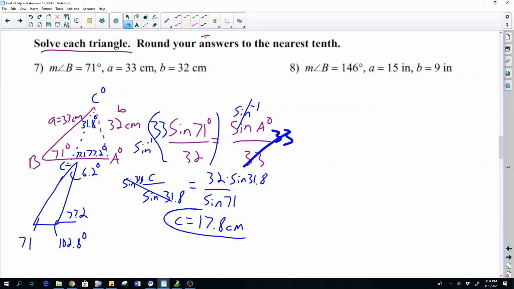So here we go. We're going to make this worth lots of points to make sure you do it. And so we make each one of these parts a point. So here's 1 point. Awesome. So here's another point that we found right here. So there's 2 points. We found angle A, 77.2. That's 3 points. We found this angle, 4 points. That many? Yes, find them all. 5 points. Awesome. Remember that this is 32 centimeters from the given because this was little b. Remember? Little b. So then this one, they also gave us a 33. So now we just have to find one more.